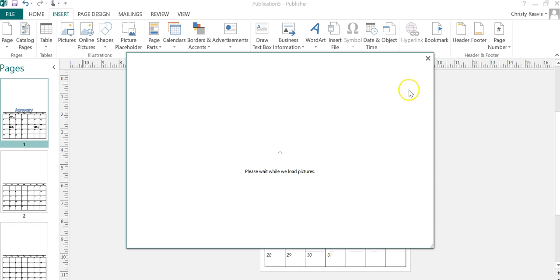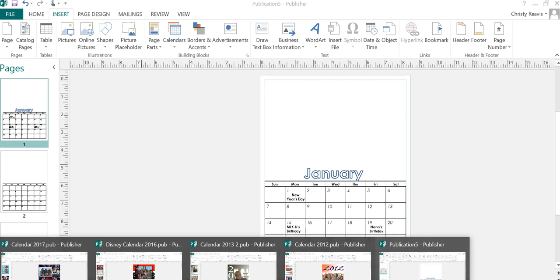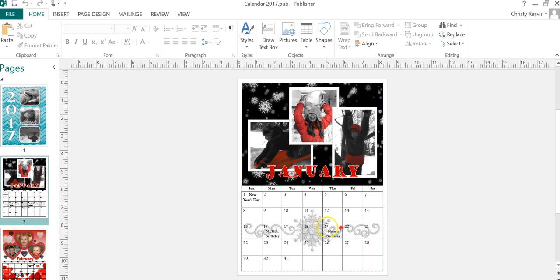Now, we're not going to wait for this to load, so I'm just going to close out for now, but you get the idea. So we could put a picture of a little balloon. If we look at one of the previous months, let's see, no, there we go. So we've got one for Nana's birthday. There's a balloon. So besides that, once we've got the clip art,